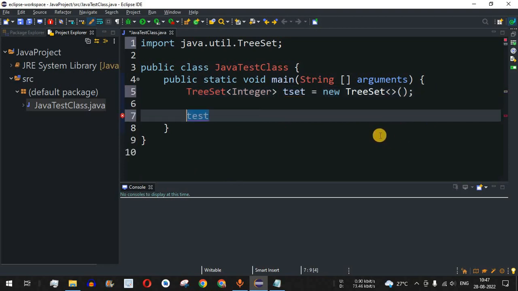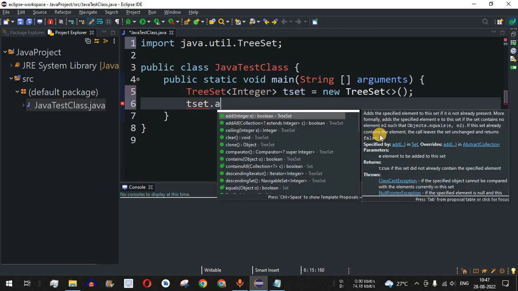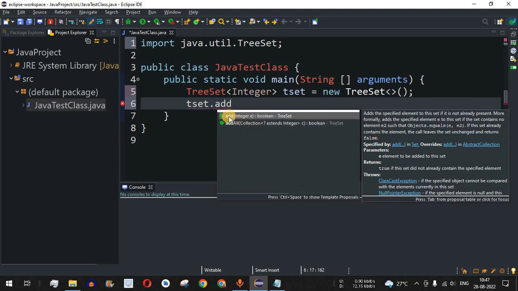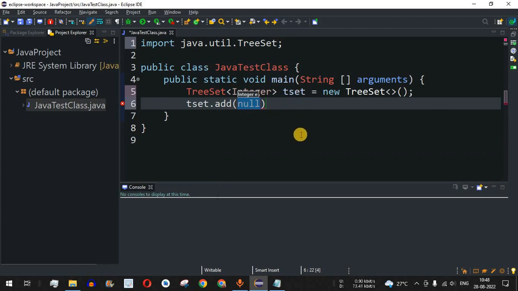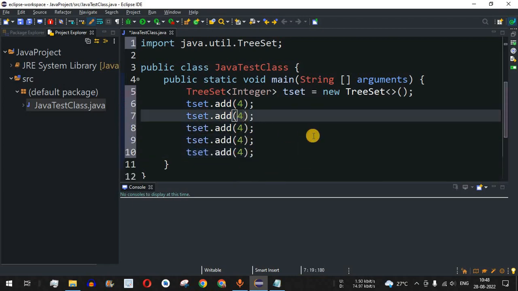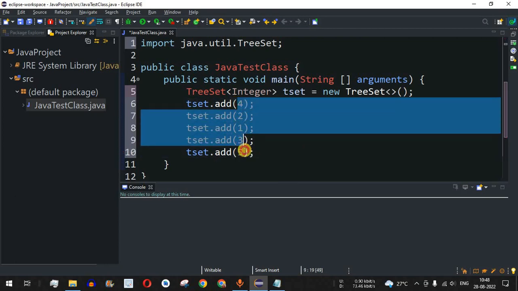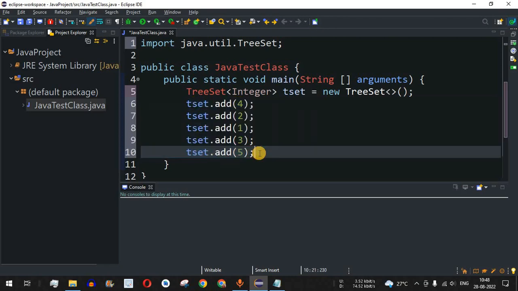So basically we are going to use the object name over here. So we have tSet dot, we have the add function. As you can see, the very first method, that is add, is taking one integer as the parameter, since the data type of the values in this object is going to be Integer. So we are going to use the first element, and let's say I provide the integer 4 over here. Now guys, I'm going to simply copy and paste this on the other lines as well, and change some numbers. So let's say I put 2, and then we have 1, 3, and then let's say we provide 5. So as you can see, we have added 4, 2, 1, 3 and 5. This is not in a sorted order, it is in a random order.